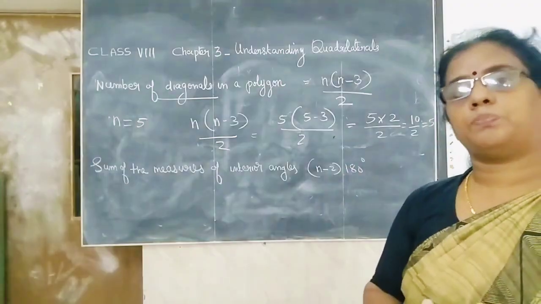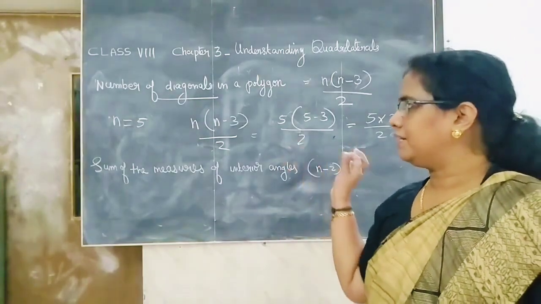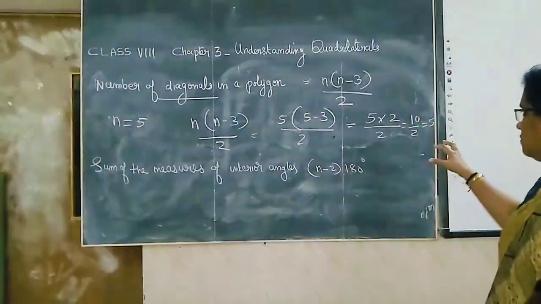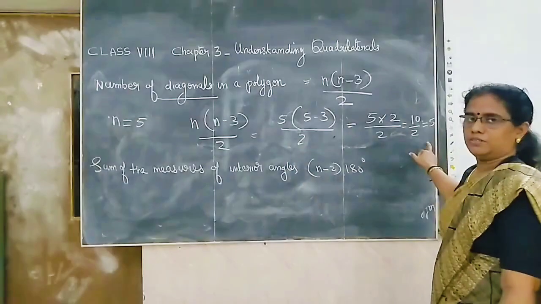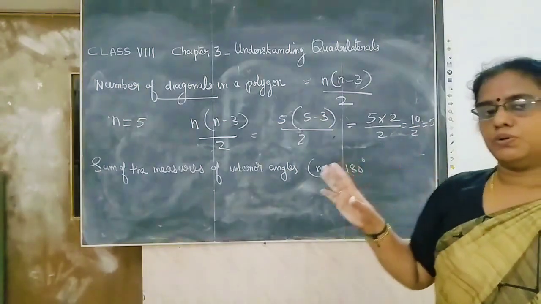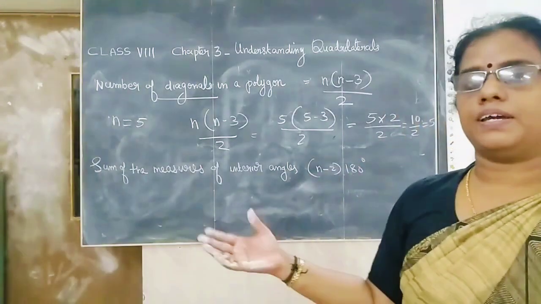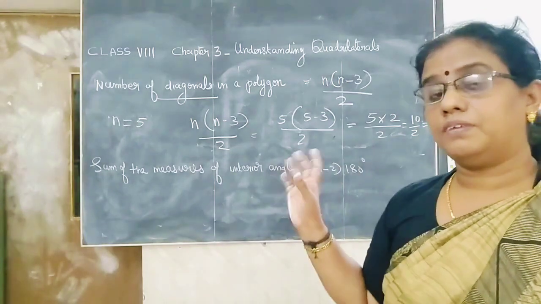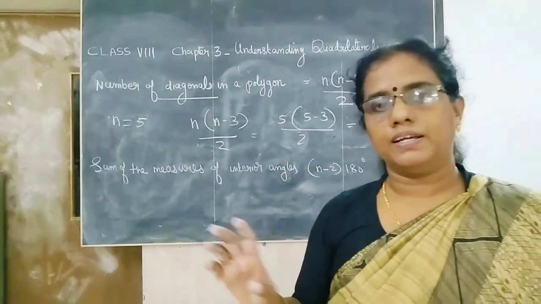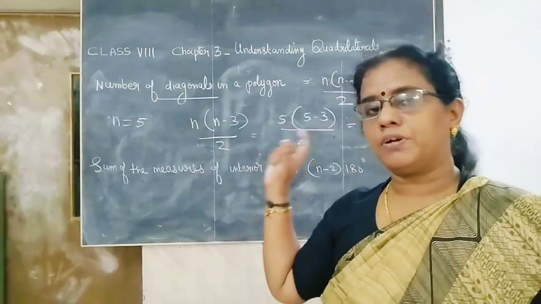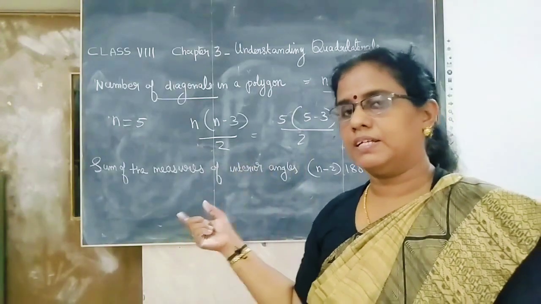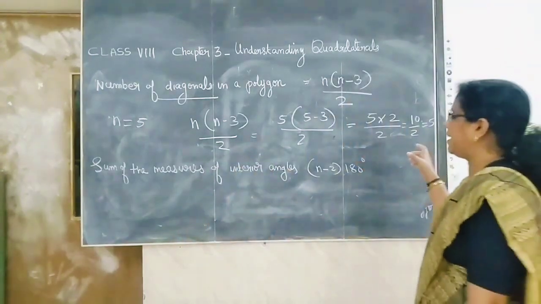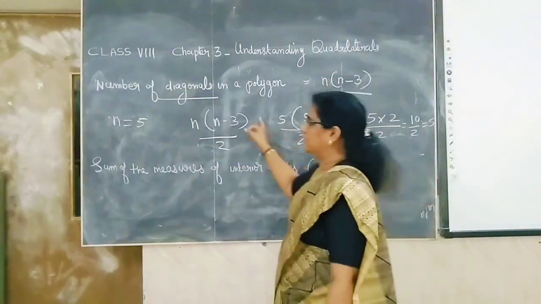Name of the 5-sided polygon is pentagon. Pentagon we can draw 5 diagonals because we got the answer here 5. So 5 diagonals we can draw in a pentagon. In this way, any figure is given. Any figure means any polygon is given related to number of sides. According to number of sides, we can find how many diagonals we can draw using this